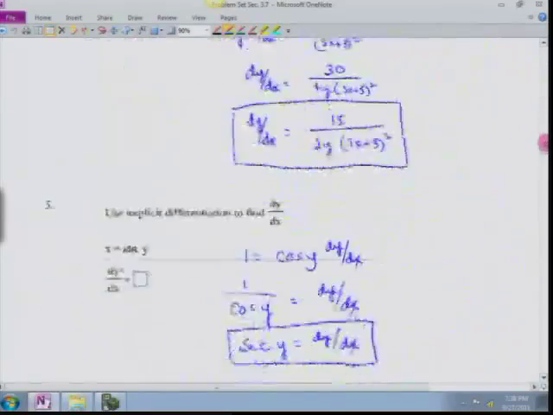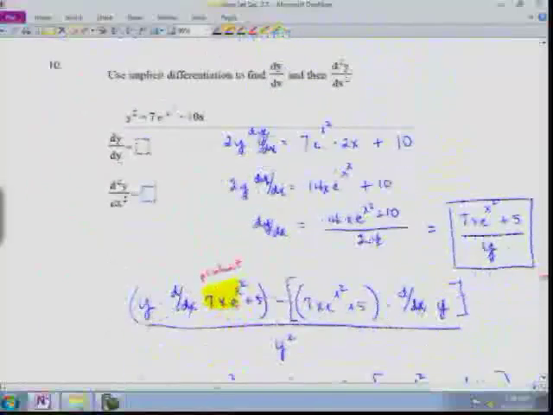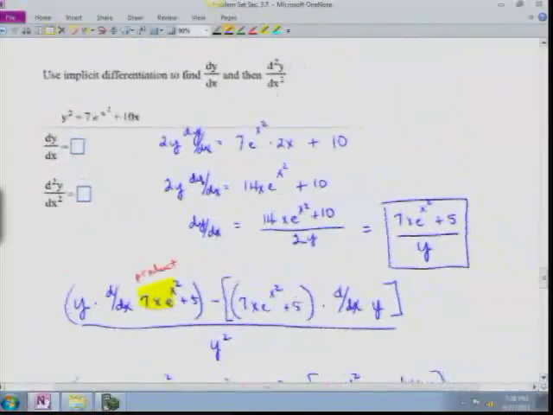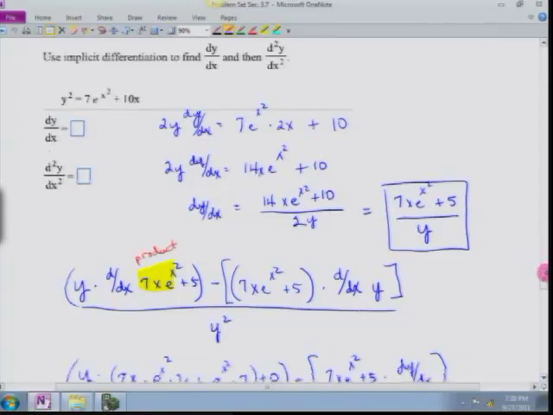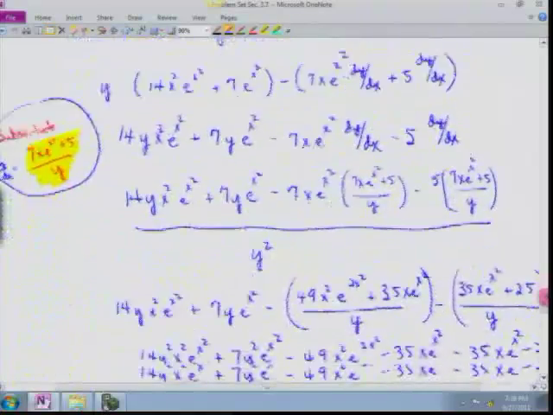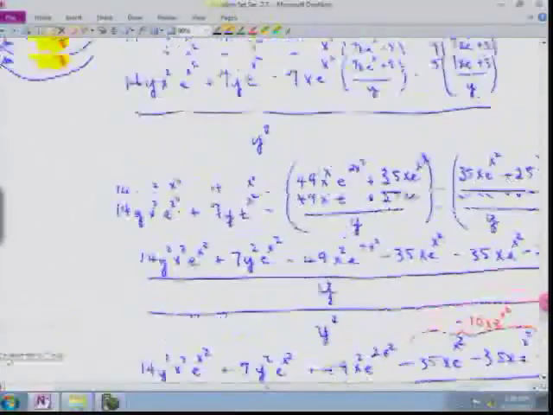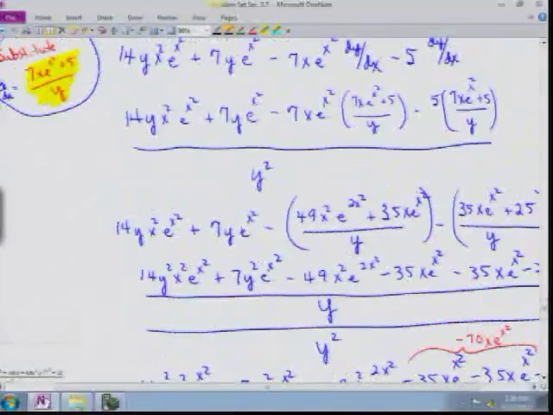What was it, number 10? Okay. It is a second derivative, and it's this. y squared equals 7e to the x squared plus 10x. Yeah. Okay, so... Oh, that was really mean of me, wasn't it? I'm going to go ahead and... Okay, that'll do that. That looks like